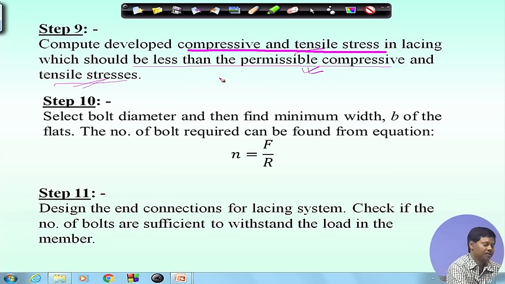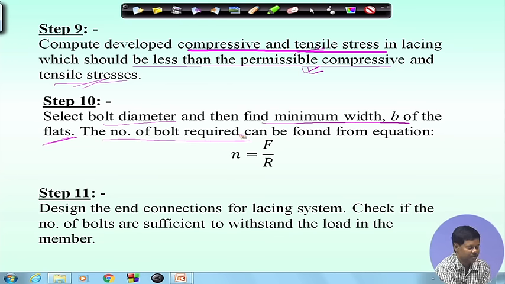Section size means either we have to increase the thickness or width of the flat plate, or if we use angle section, then we have to increase the section, right. Once it is done, we can go for connection. So, if we use bolt connection, then we have to choose a suitable bolt diameter, and we have to find the minimum width B of the flat plate, right. So, B can be found from the bolt diameter, that 3D will be the minimum flat width, and then the number of bolts required also can be found, that will be simply N is equal to F by R, and